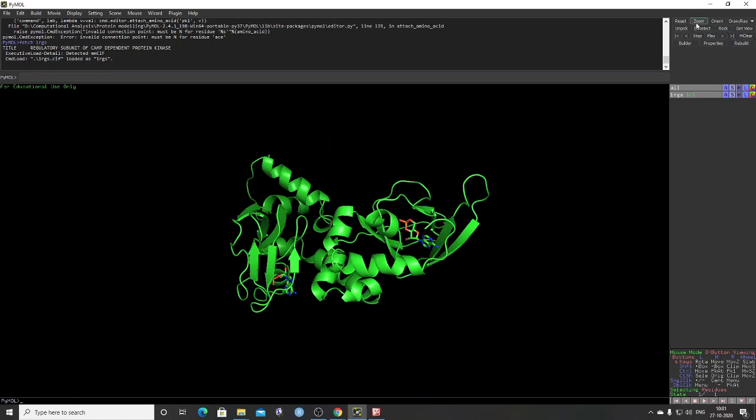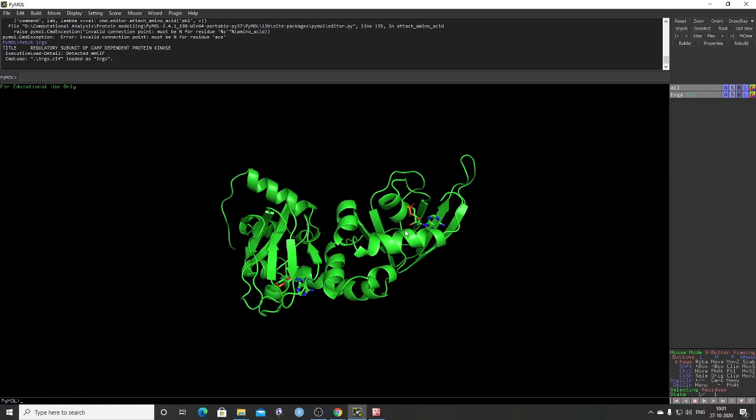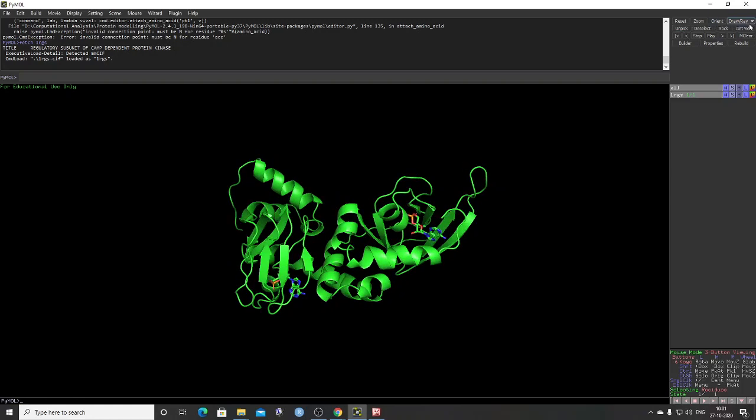Then there are other controls you have: you can zoom, reset, and display. There are also builder, properties, and rebuild. These are additional options you have here. Whenever you have a molecule, you have these options: this is the action command, this is a show command. If you click it, it will show additional functionality. This is a hide command, this is a label command, and this is a color command. So all these things are there.